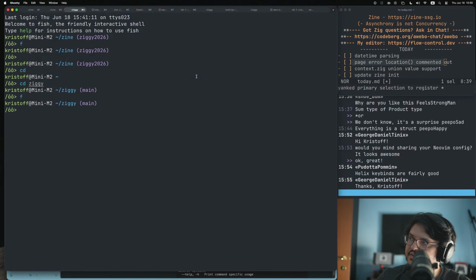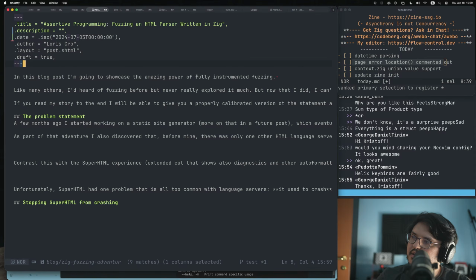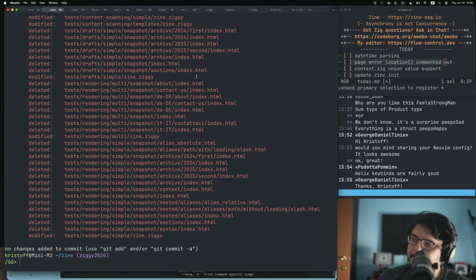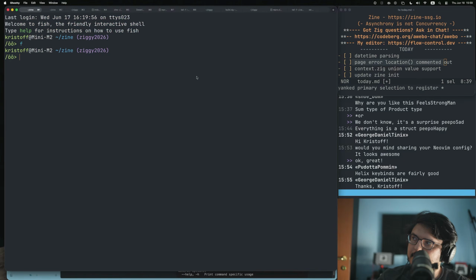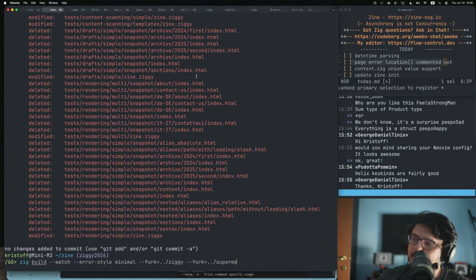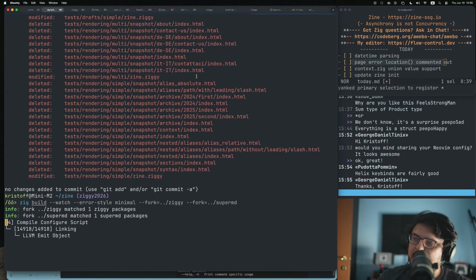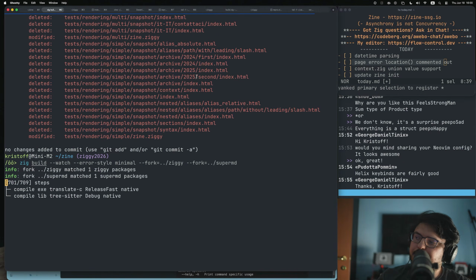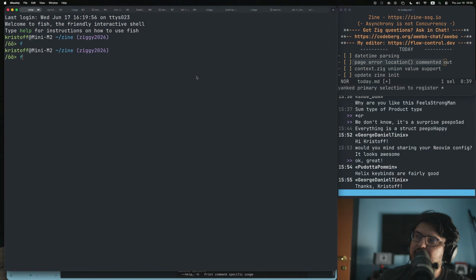Zine, what is this? This is Ziggy. And then we have my documents. Let's do it this way. Ziggy and, okay, so here we keep open a rebuild process. So here we keep rebuilding Zine so that we can then test it with the website. Then in here,